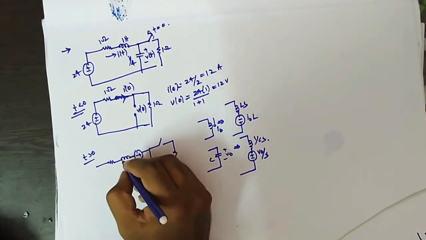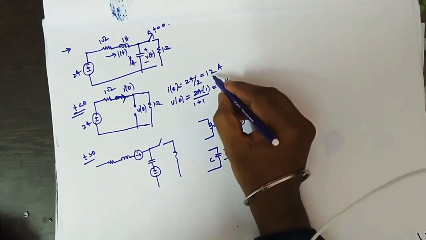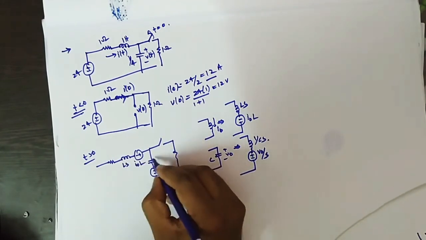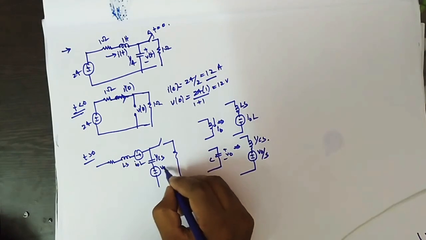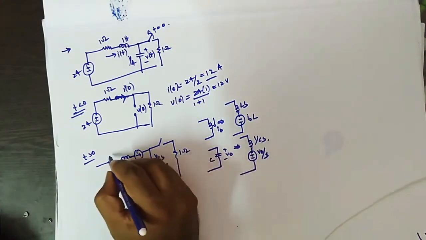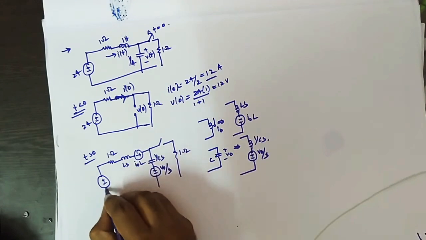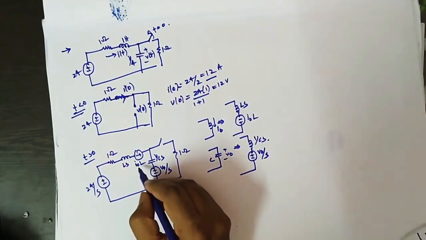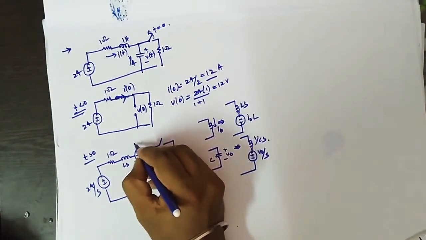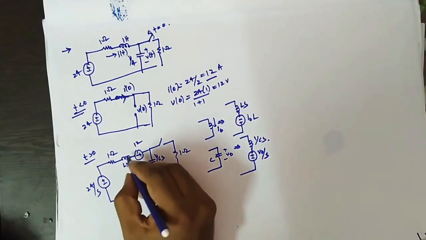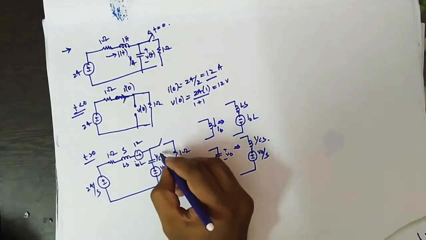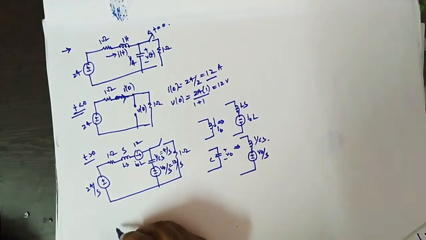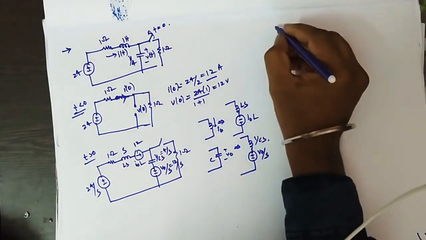So this is Ls, where L is 1 Henry and the initial current is 12. So we have Ls, L I0, 1 by Cs, and V0 by S. This is 1 Henry, 1 ohm, another 1 ohm, and the source having a value of 24 by S. I0 here is 12 and L is 1, so this is replaced as 12. L is 1, so this is S. Similarly, this is 4 by S, and this is 12 by S. So the circuit will be in this form.